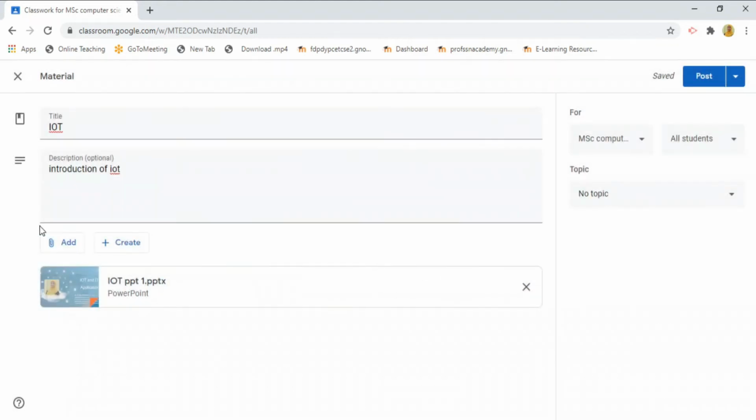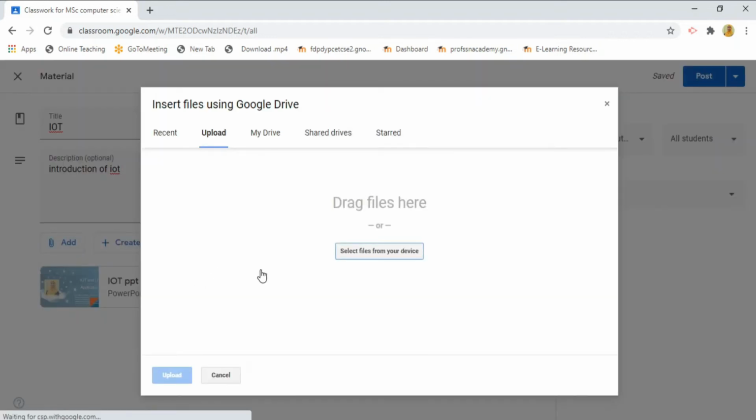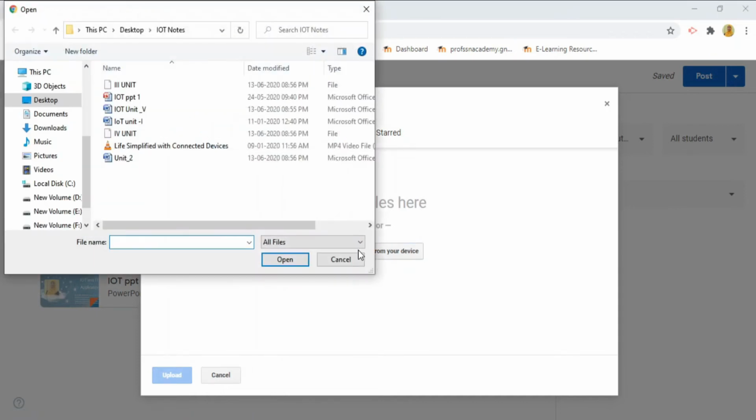Then the third option is you can add this file from your local system. Just click on this file and select file from your device. After that, it will be redirected to your local system.